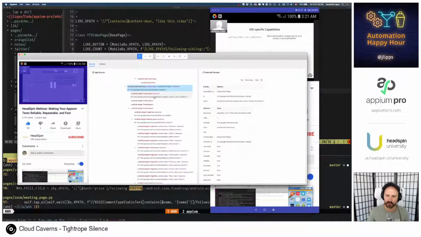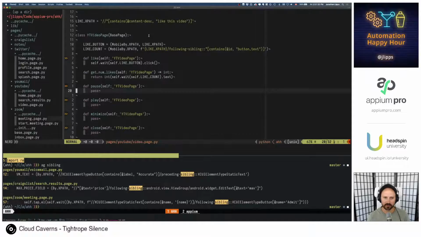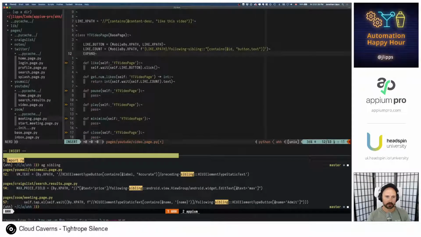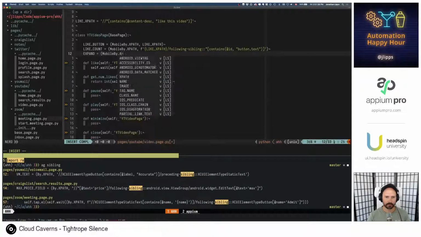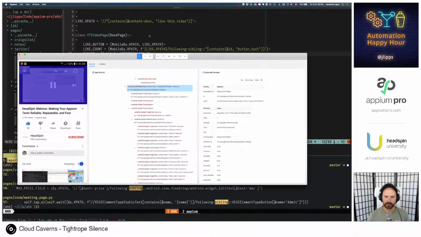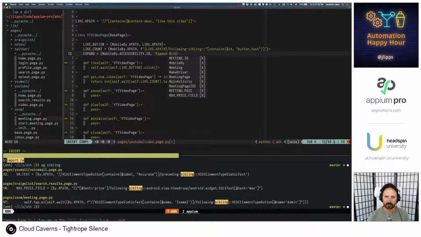We can. So we can tap this expand mini player button, and then we can get to these other elements. So let's first keep a record of that. And this was called expand mini player, like that.